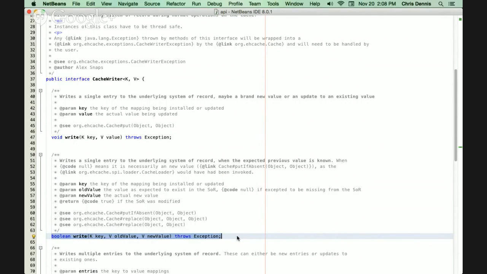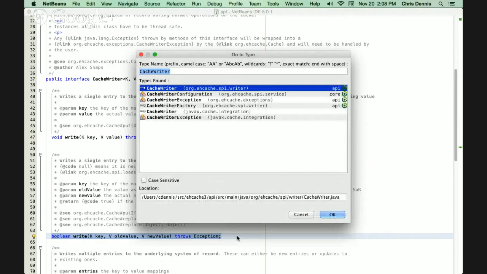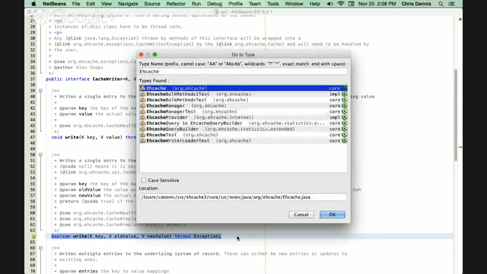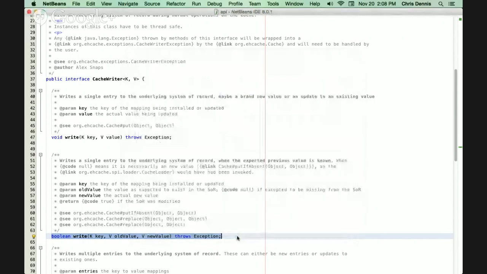I.e., if you pass in an old value as null, it acts like putIfAbsent. And then if you go look at the way we've implemented putIfAbsent in Ehcache,